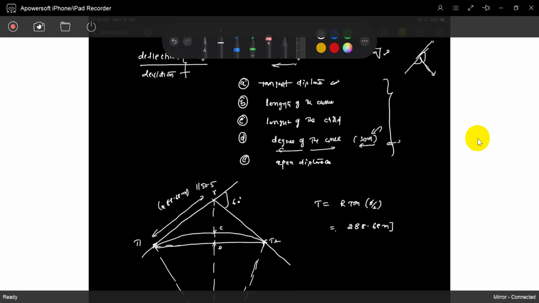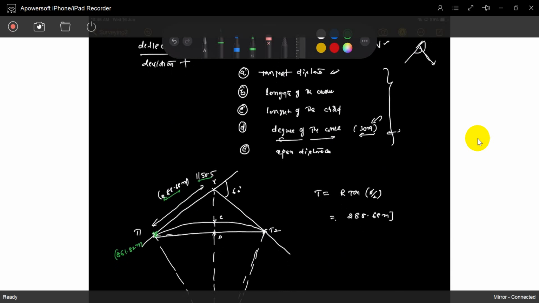So you can find out the chainage point. How can you find out the chainage point? This is 1150.5, minus 288.68. What is the point? You can call it the chainage point of 861.82 meters. So we fix this point down at 1150.5. Then we can identify the starting point of the curve, 861.82.